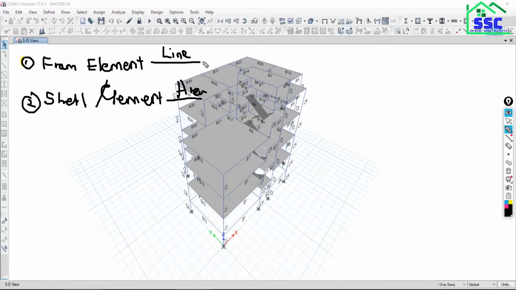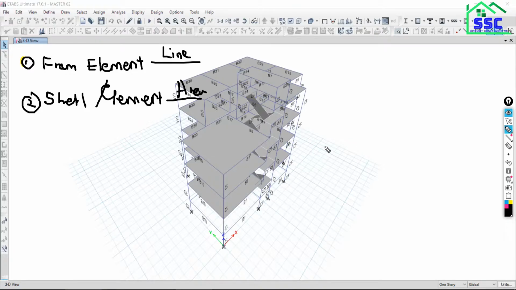Line element means the member whose length is very large as compared to its other two dimensions.